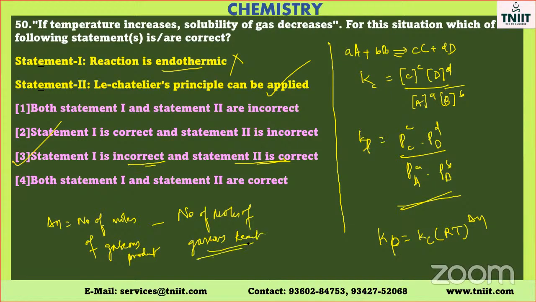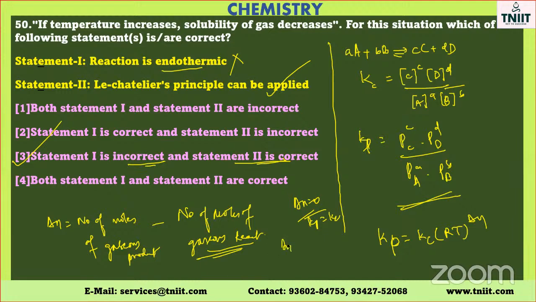So only gas molecules have to be considered. They can ask you at what condition Kp becomes equal to Kc. When delta N is equal to 0, Kp becomes equal to Kc. They can ask you examples also. You should know this. And likewise, when Kp will be greater than Kc, when Kp is less than Kc, or